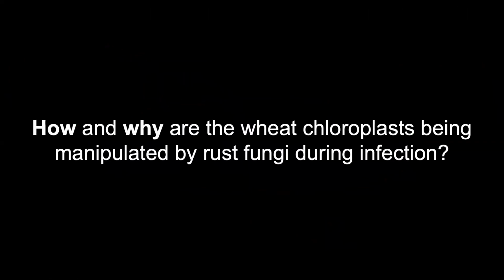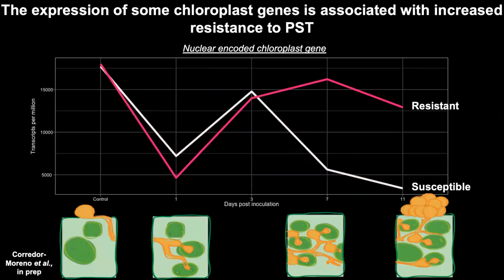And so the question of my PhD is, how can we further our understanding of how and why chloroplasts and photosynthetic processes are being manipulated during infection with rust fungi? And to begin to answer this question, a previous PhD student in the lab carried out RNA sequencing of wheat tissue infected with PST. And this revealed that the expression of some nuclear-encoded chloroplast genes are being modulated over the